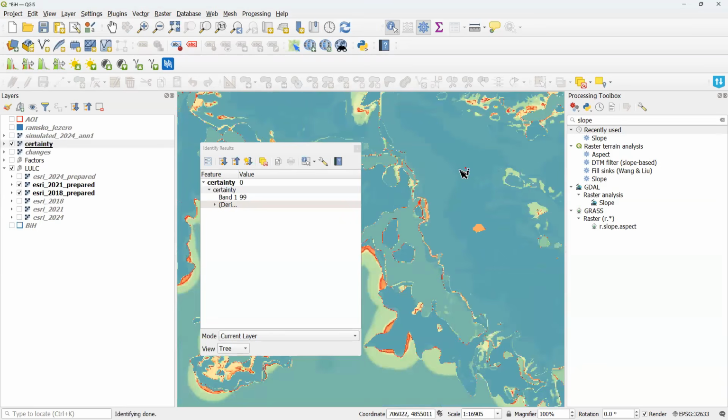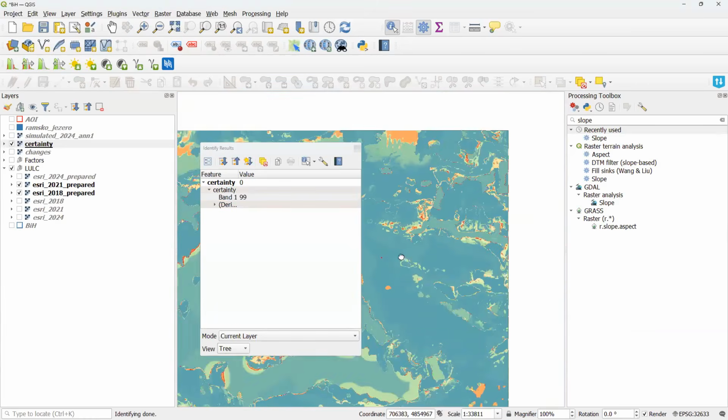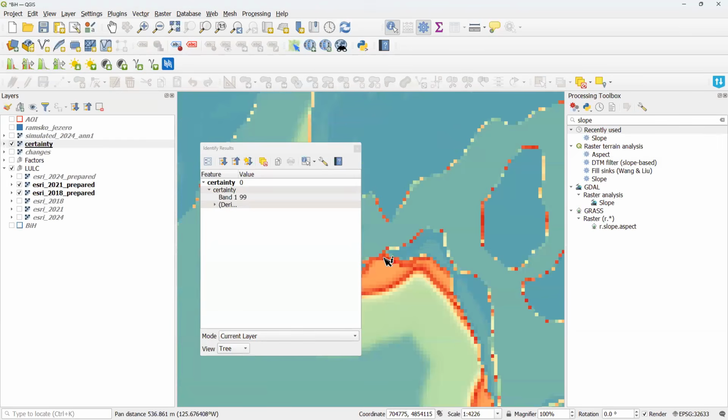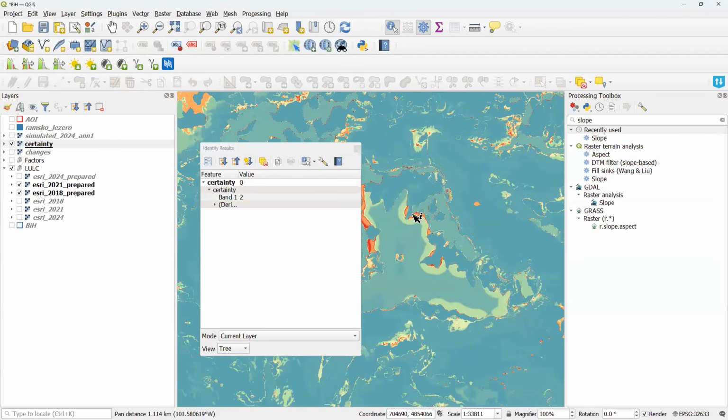I need a certainty raster. Here, in this pixel, the model is fully confident, 99%. And here, for example, we have only a few percent of confidence. Such a raster could be very, very helpful in making your